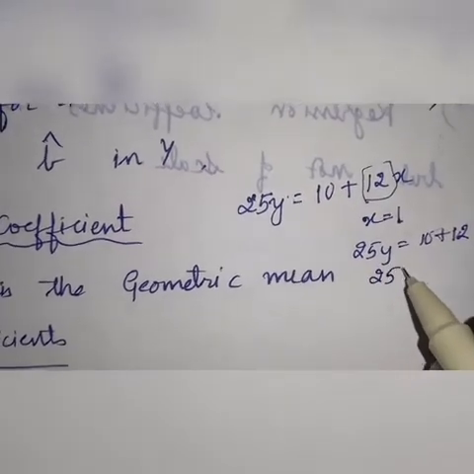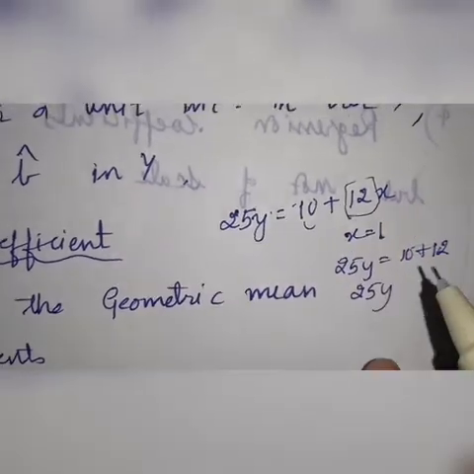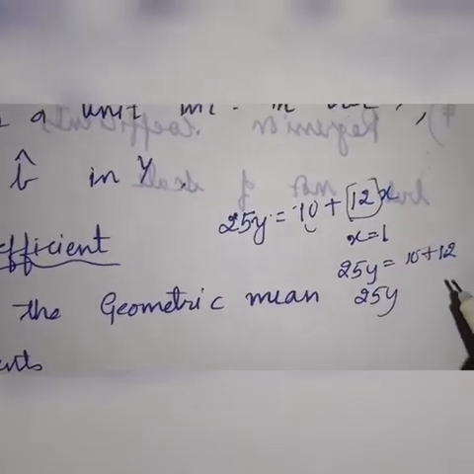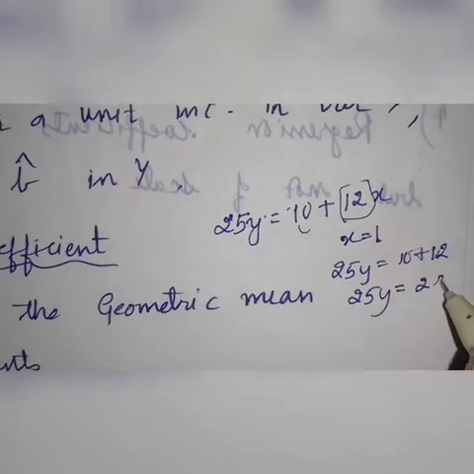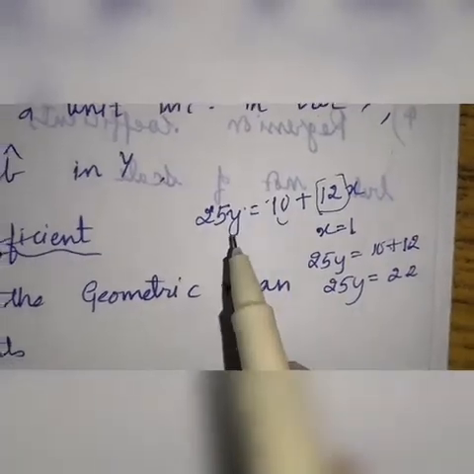So basically this error value doesn't come this big, but this is just an example. So this becomes 22. So for 1 unit of increase in x,